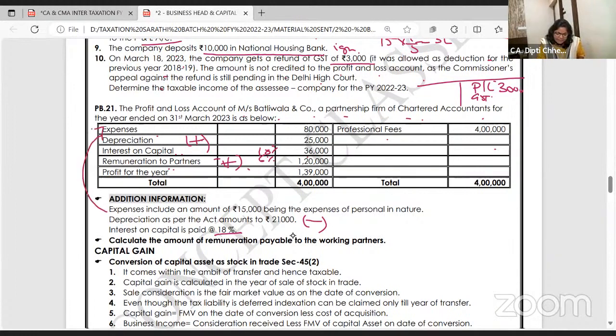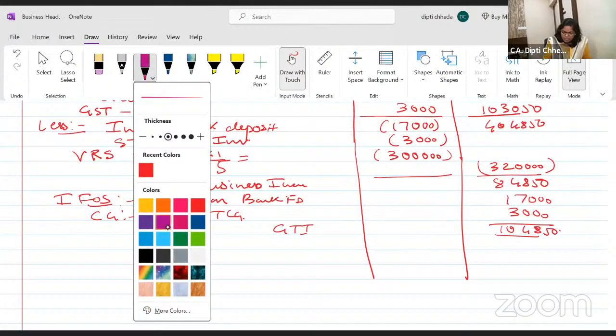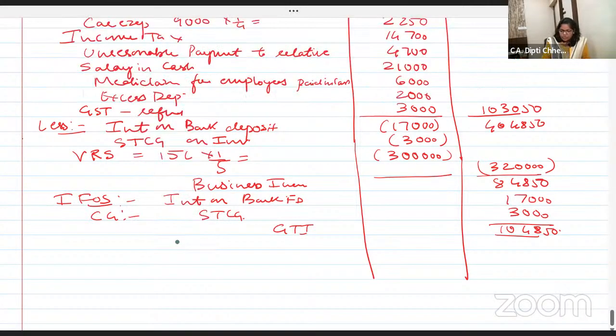These expenses include 15,000 being personal expense, capital expense; add or less all of these. It's a small problem of 4 marks. Message me after your exam if you get the same problem. Again, I'm repeating, if it is a net loss, write it in brackets in add or less, it will make no difference. Chalo, first write down some running notes very quickly for this. We start with this.